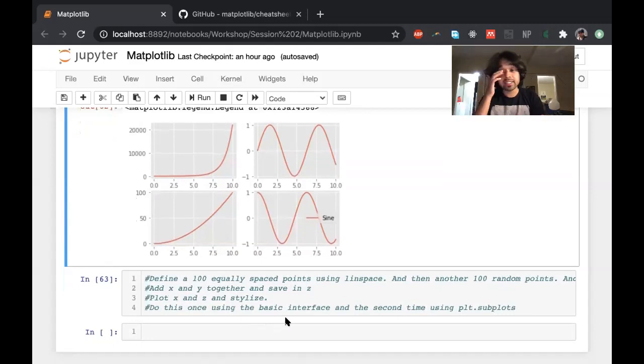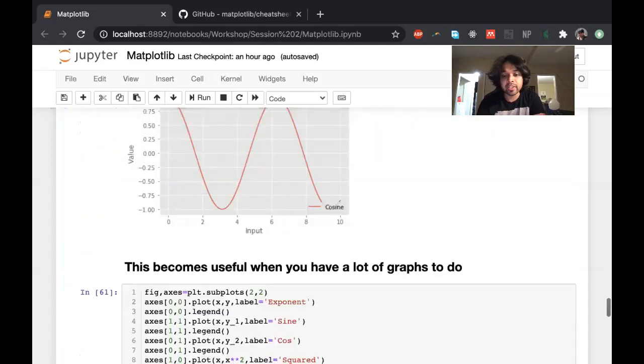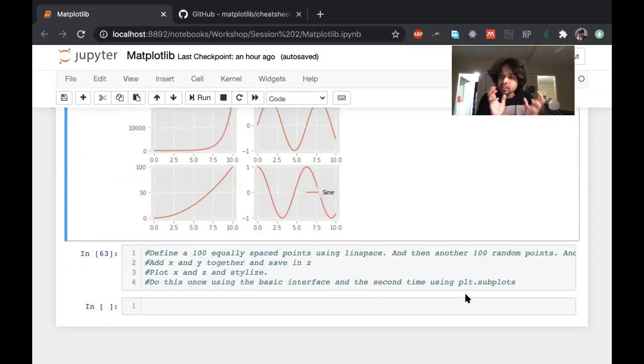So as an exercise, as a challenge, and I'm not sure if we can do this in just the workshop, you can just plot the basic interface, which is using this plt.plot sort of stuff, and then do another one using plt.subplots, because you might find that useful. And you might also come across a lot of Stack Overflow and Google based help that uses subplots because some people just prefer subplots and stick to subplots all the time. I just know both because I've spent more time in Python and I'm comfortable with the language.